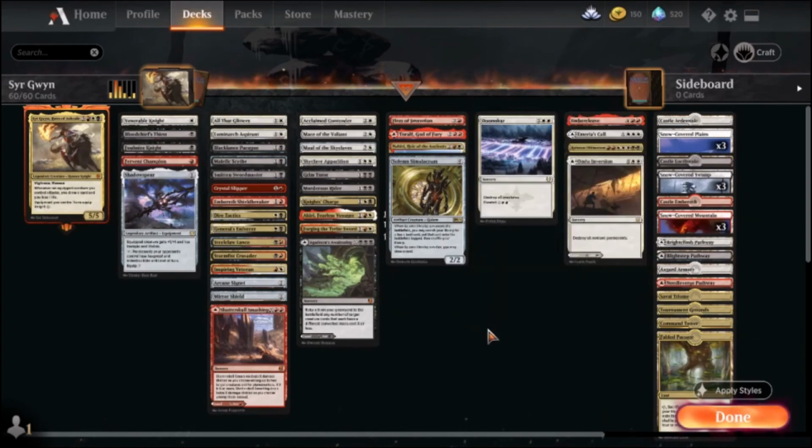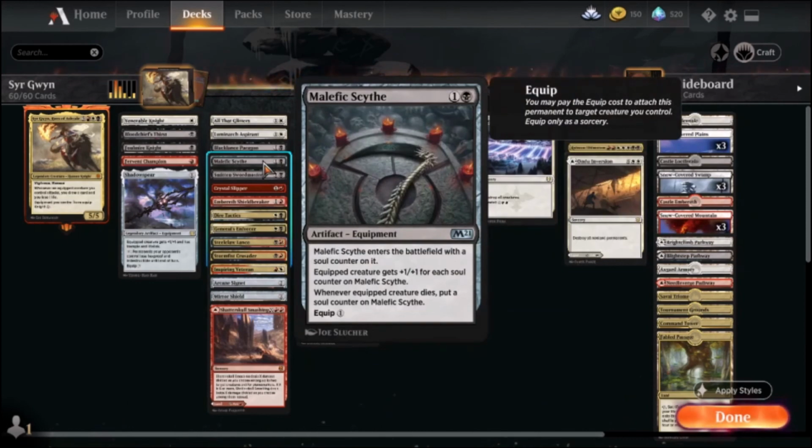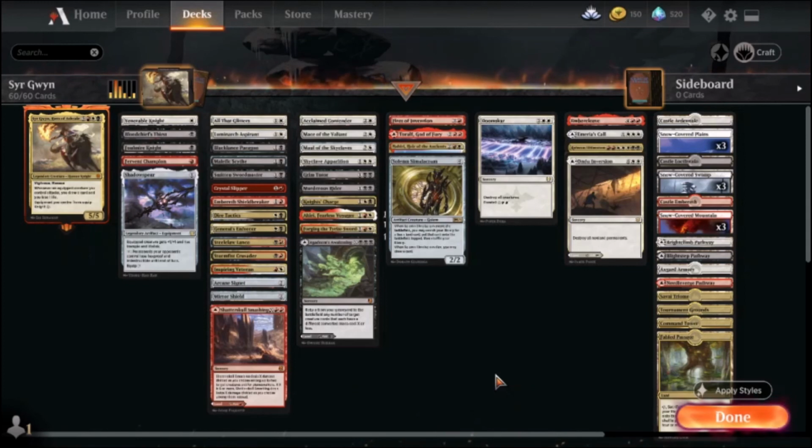Some of the equipment I wasn't quite sure about. Malefic Scythe required stuff to die. It was admittedly better than other options we could have had. There's probably also Ravager's Mace that you could play, which equips automatically. So that might be something to consider. Aside from that though,